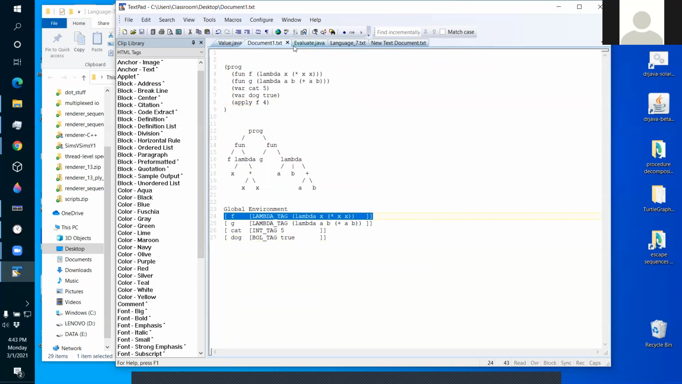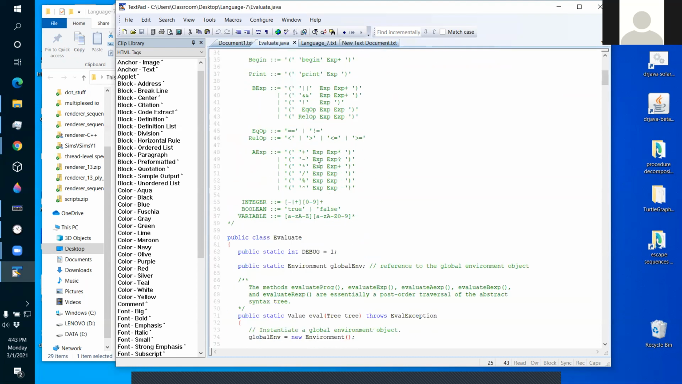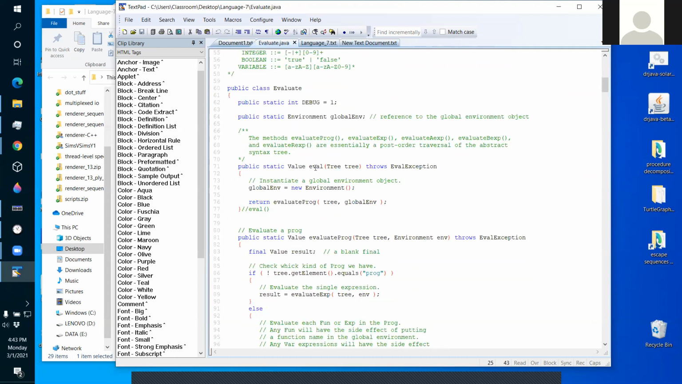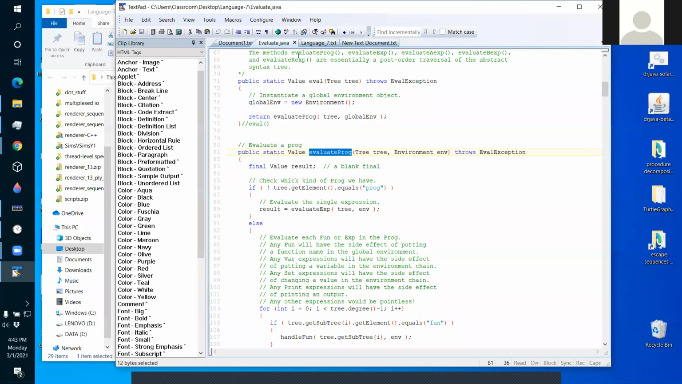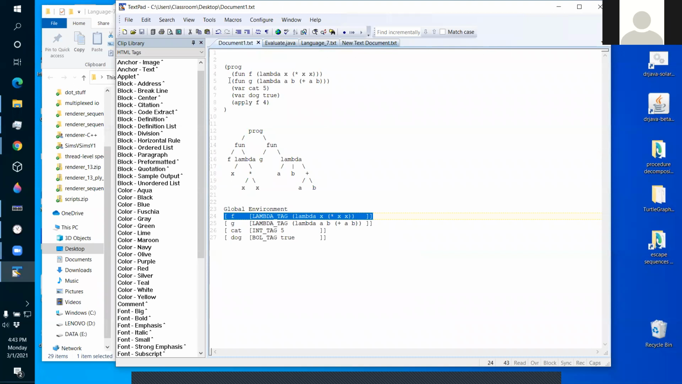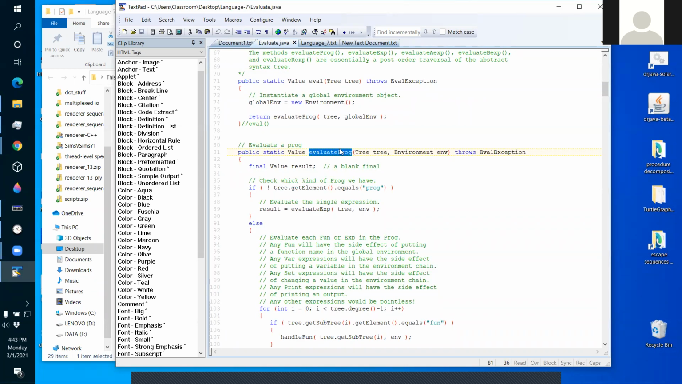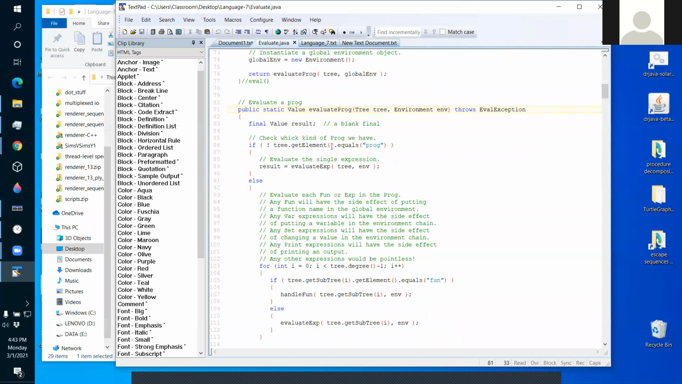Okay. So you go here, and when you evaluate a prog, as we see here, evaluate a prog can either find funds or vars. The prog can start with funds or vars. So you evaluate prog, and it checks that the first element is prog, which,